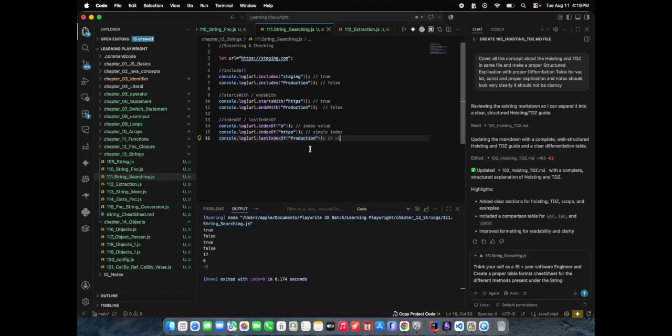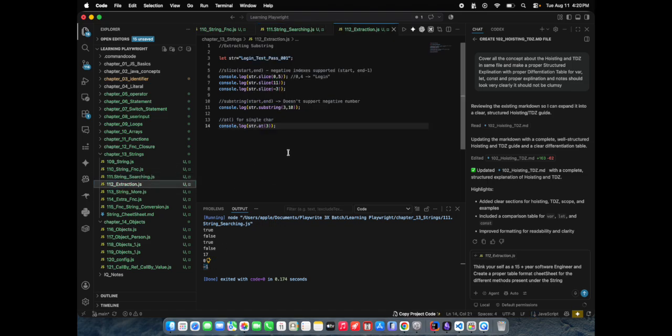This is about a searching concept, guys. First it will be true or false, and then 17 is this index of 0. If we count 0 1 2 3 4 5 6 7 8 9 10 11 12 13 14 15 16 17, 17 is the index of this O, and HTTPS will be at the 0th index, as I told. So this whole string will be considered as index 0, and production is not present, so it is throwing -1. So this is about the searching concept in string.